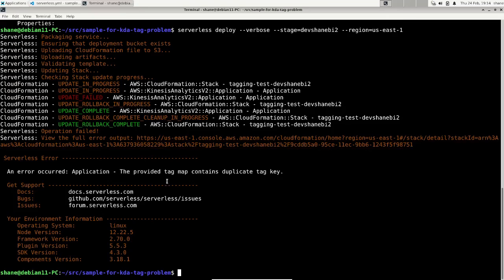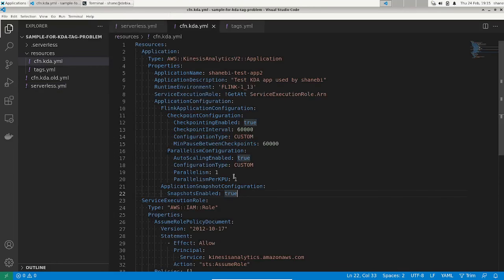So I just wanted to create this video to demo how an update on a KDA fails, and I don't know what the particular cause is. Maybe if the KDA never had tags to begin with, then this wouldn't happen. But it also seems to occur if you don't remove the tags. So say if we change this parallelism as I did, and you kept the tags in, I think that would also